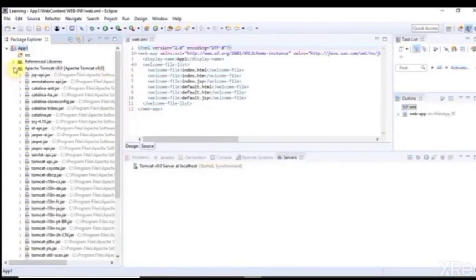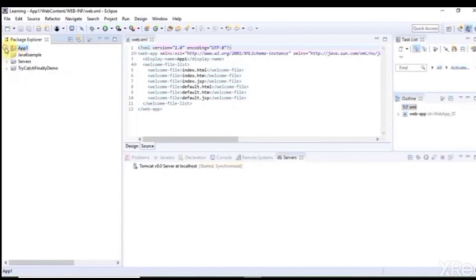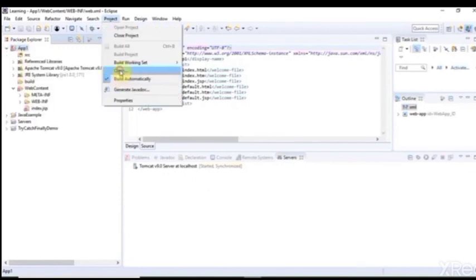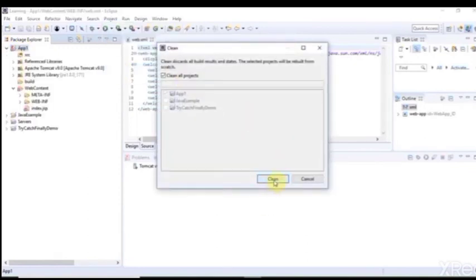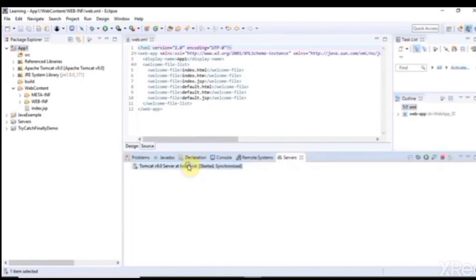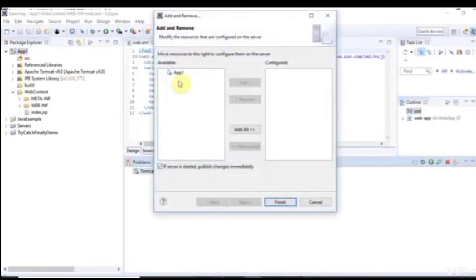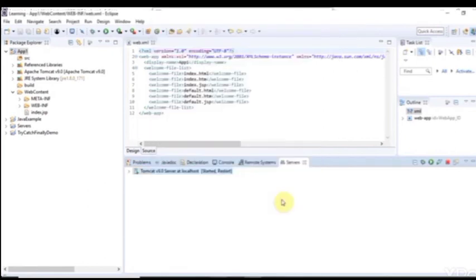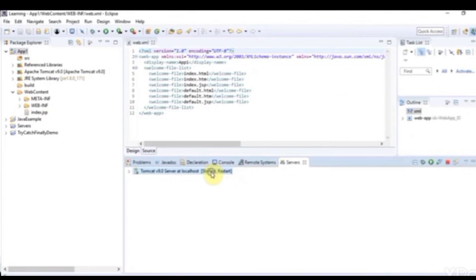Then restart your Tomcat services and clean everything. Then start your services. After starting, add the application name and finish.